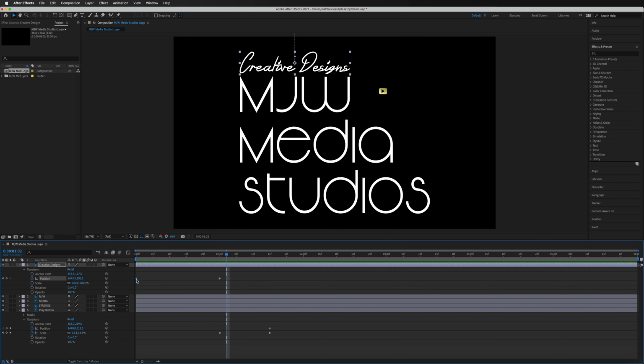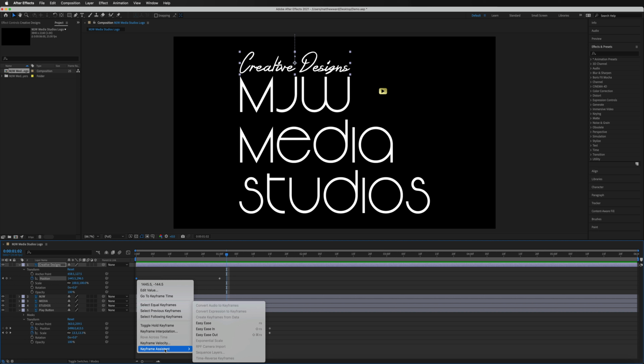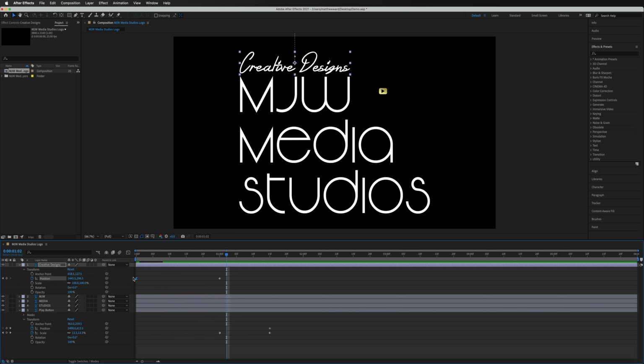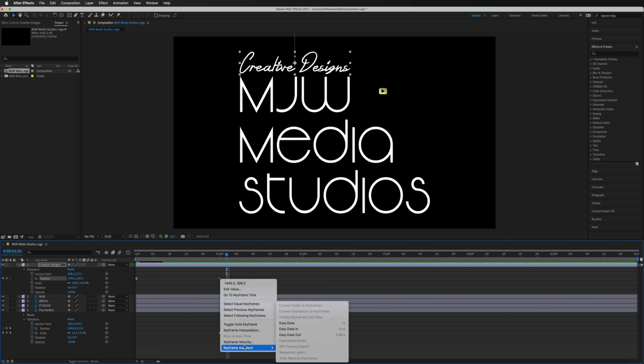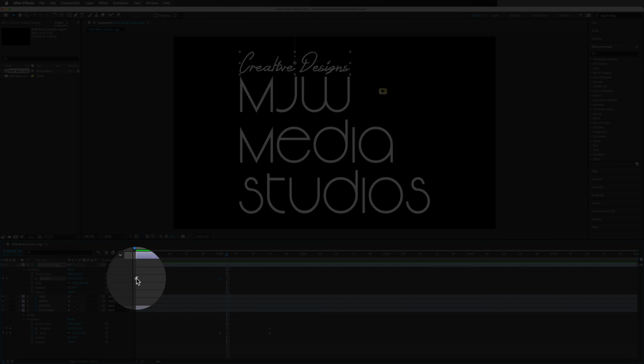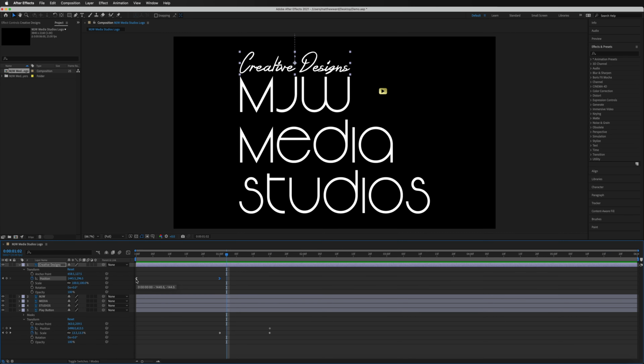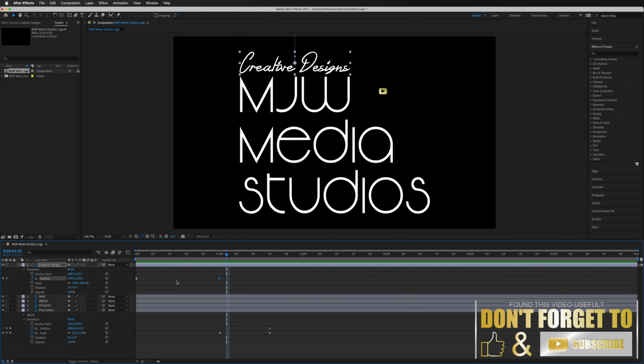So what we need to do here is go back down to our keyframe assistant. And on this one, we're going to choose Easy Ease Out, because it is coming out from that side. And on this side it is coming into the keyframe. So right click again, back down to keyframe assistant. And this time we're going to go for Easy Ease In. And now you can see that the keyframes have changed shape, just to show you that the animation has changed. So I hope that makes sense to what I've just explained. And we're going to go ahead and do the same thing on the rest of these layers.